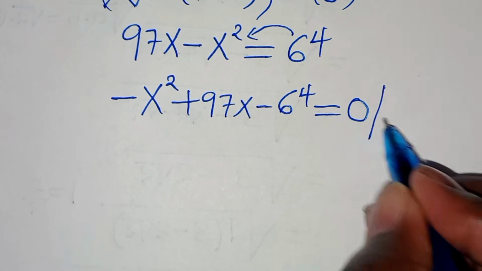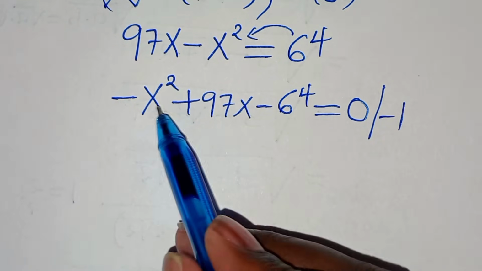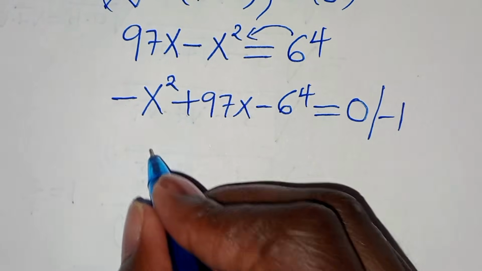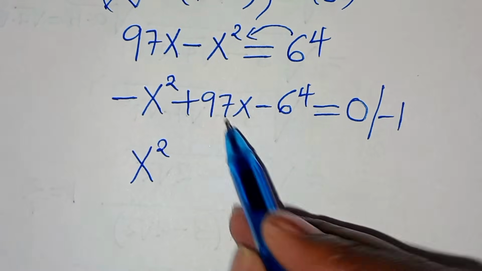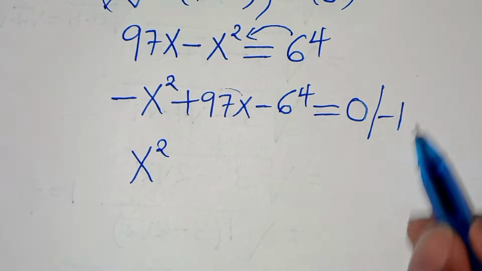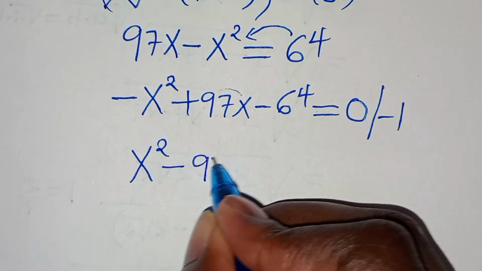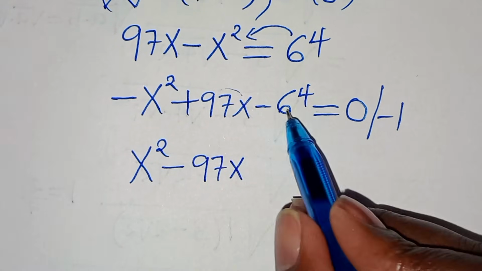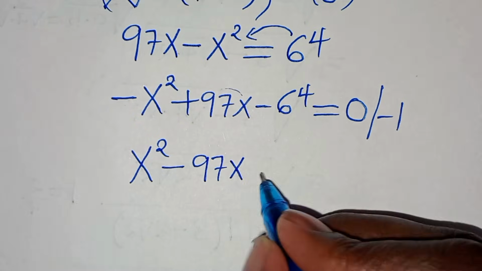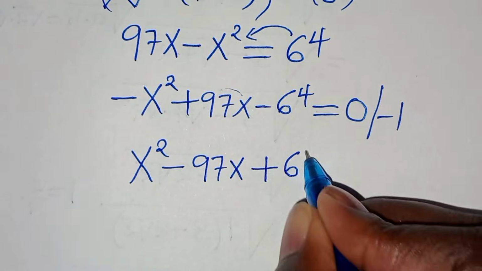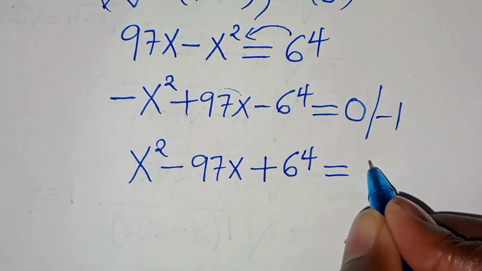Let's divide both sides by minus 1, so that minus x squared divided by minus 1 is x to the power of 2, then plus 97x divided by minus 1 is minus 97x, then minus 6 to the power of 4 divided by minus 1 is plus 6 to the power of 4,